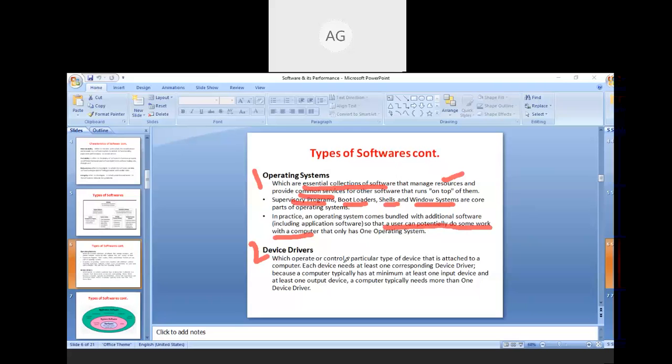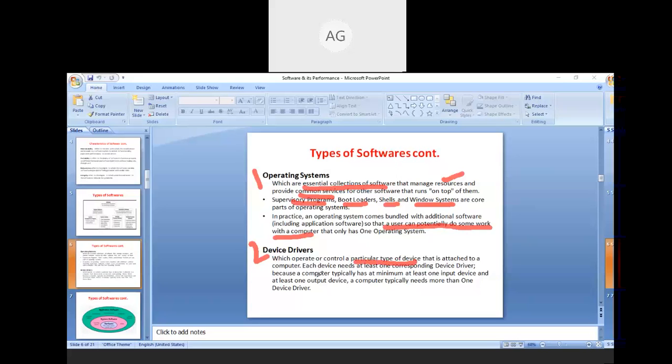Then come the device drivers, which operate or control a particular type of device that is attached to the computer. We already know that there is a specific device driver for, for example, the keyboard, mouse, and printer.